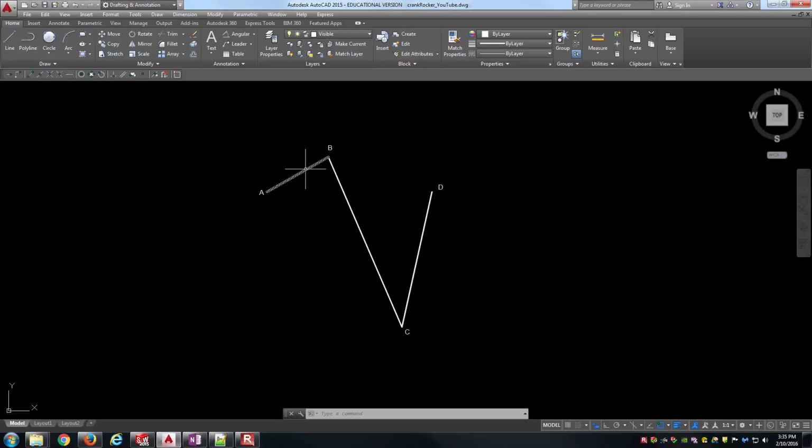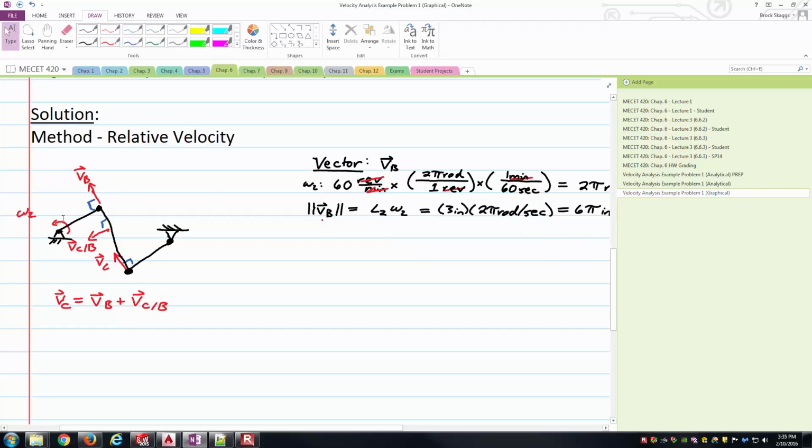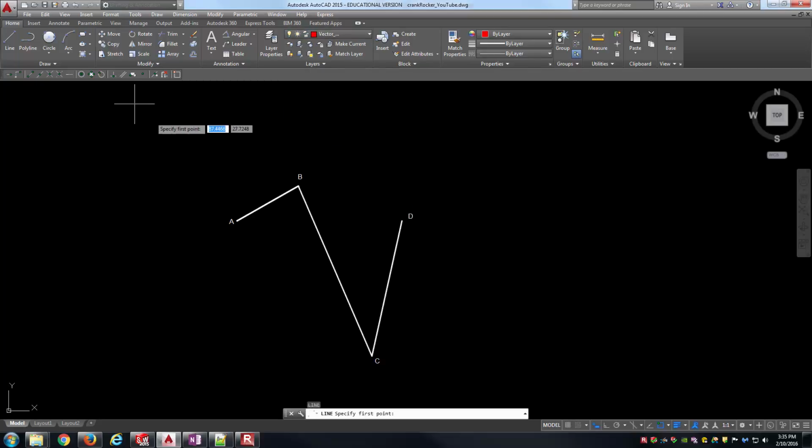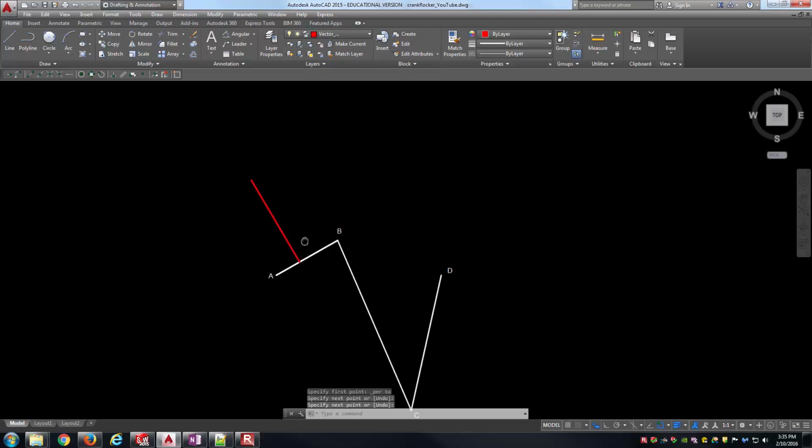And so here's the line representing the crank. It needs to be perpendicular. Also, it needs to be pointed up and to the left, just because we know it has to agree with the angular velocity of the crank. And so what I've done here is I've created two layers, a vector_known layer and a vector_unknown layer. And so I'll go to my known vector layer. I'll hit L enter to get the line going. First, I'm just going to draw a little stub line for the direction,